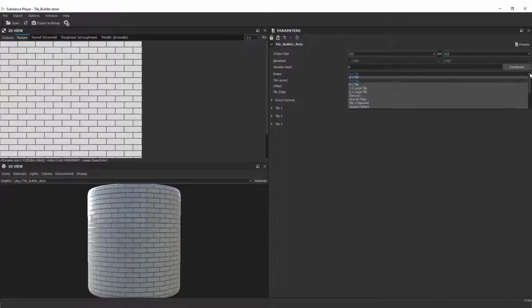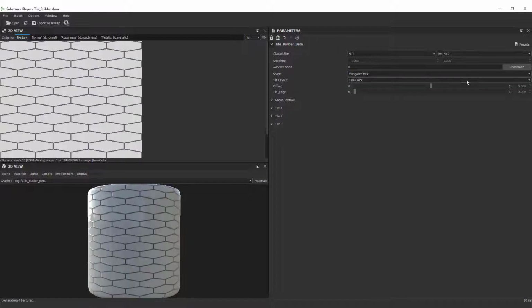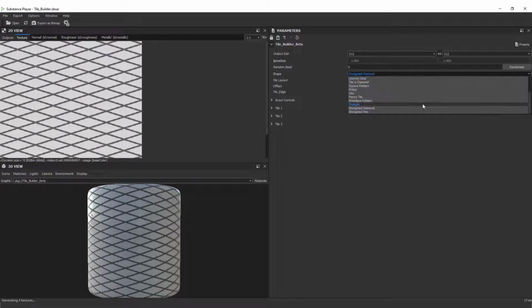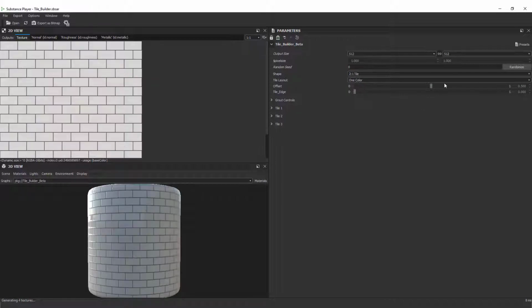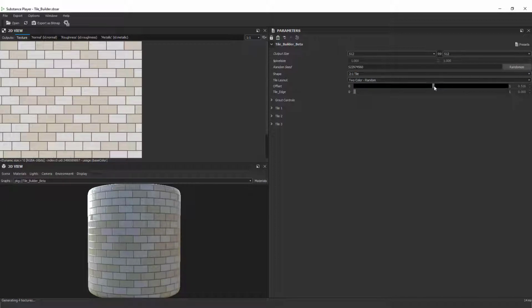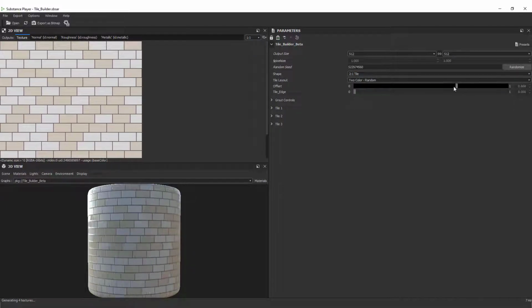Then set the shape from the drop-down menu. Many common shapes are available here, even a few not-so-common shapes that users have requested as Dustin put this tile builder together. Introduce multiple tile materials, colors, and finishes by setting the tile layout. When 2 or 3 color random is selected for tile layout, you have the option to redistribute the randomization of the tiles until you are happy with it. Simply click Randomize. Fine-tune the tile layout by adjusting Offset, which shifts the arrangement of the tiles.